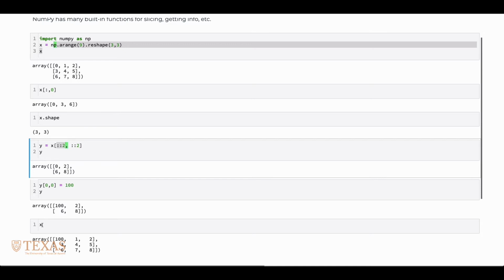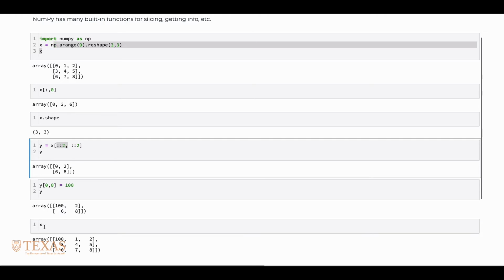It was not a complete copy in memory. It's just a special view into that part of X which we assigned here. So any changes to Y will also change X when done this way. And you have to be careful and know about this